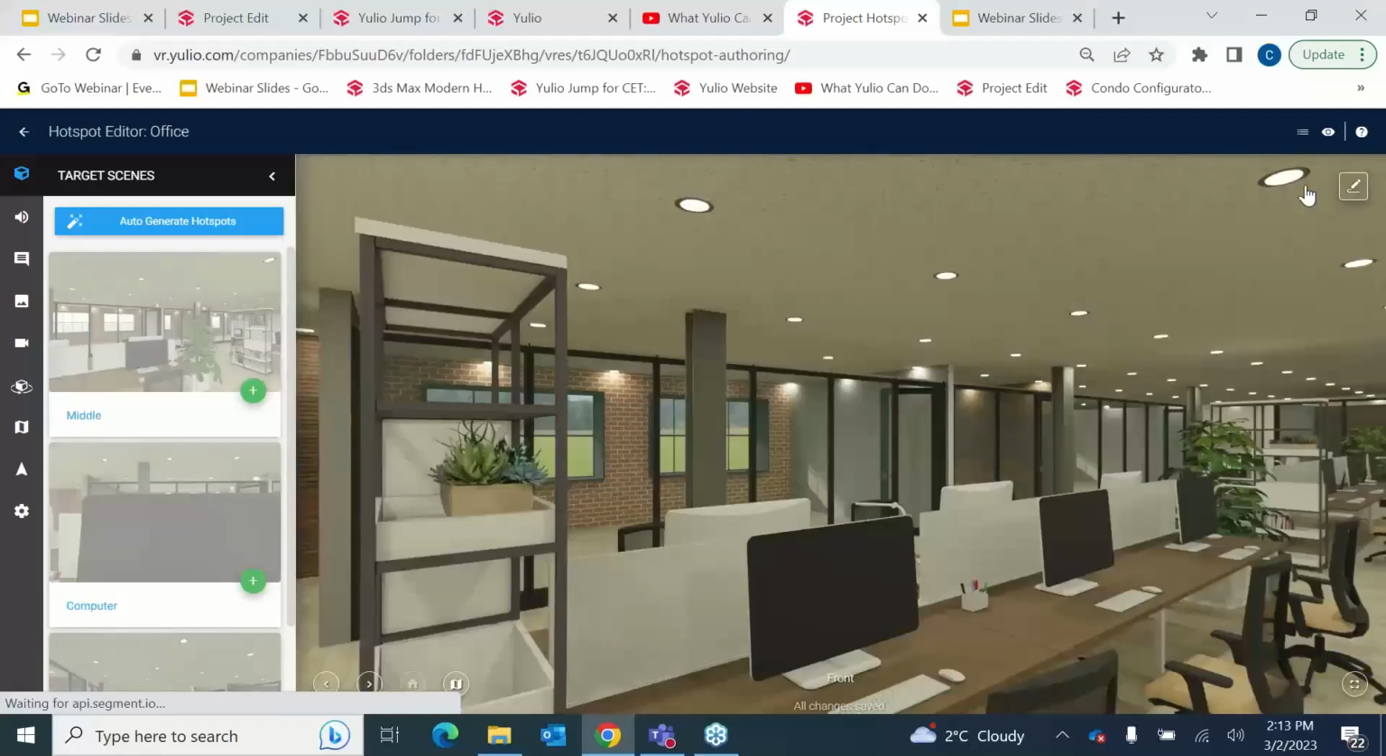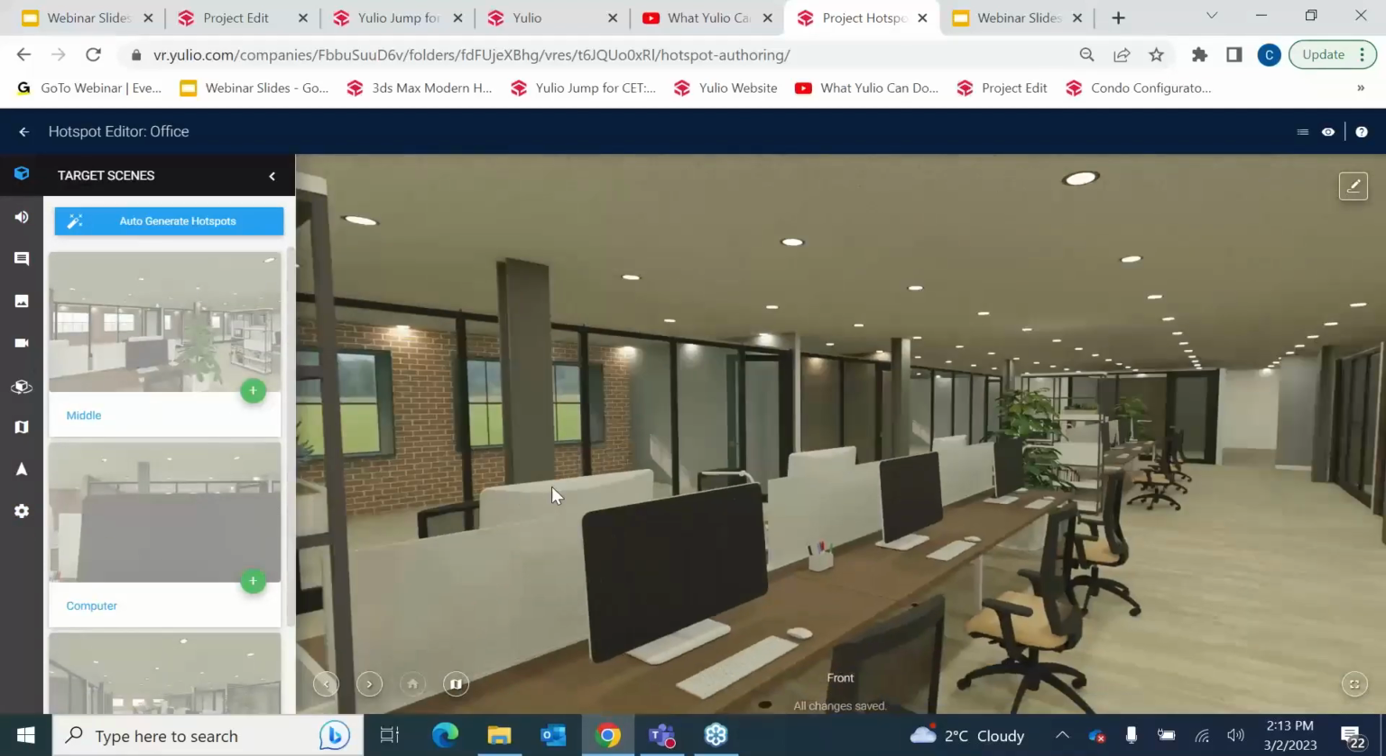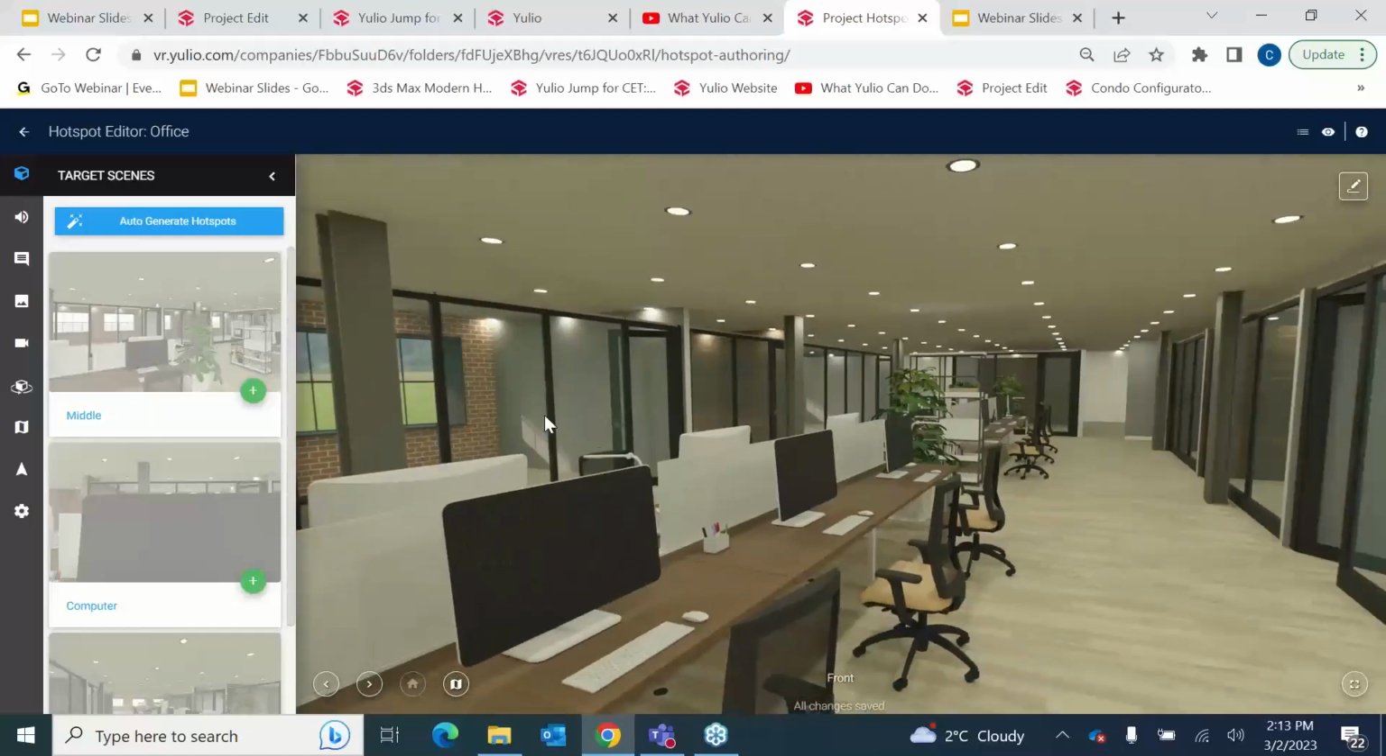So here you have all your editing options along the left side here. The first one is your navigation hotspots. And this helps make your project have a logical flow and give that sense of walking around the space. This is also Yulio's form of that point-to-point navigation. If you do use Yulio Jump, this will be done for you, but you can fine-tune and edit them here